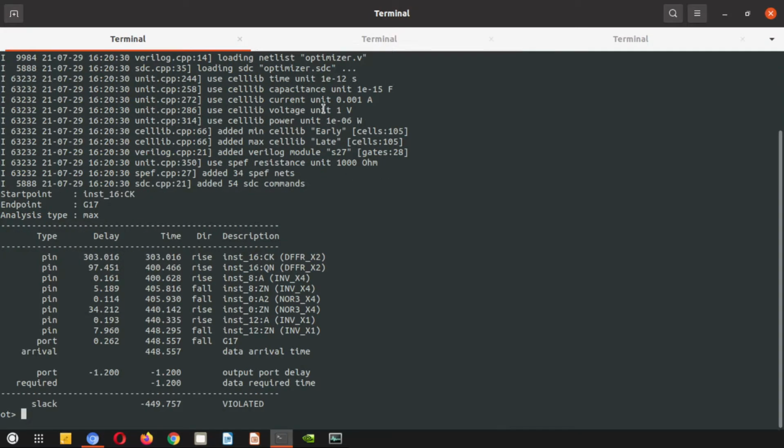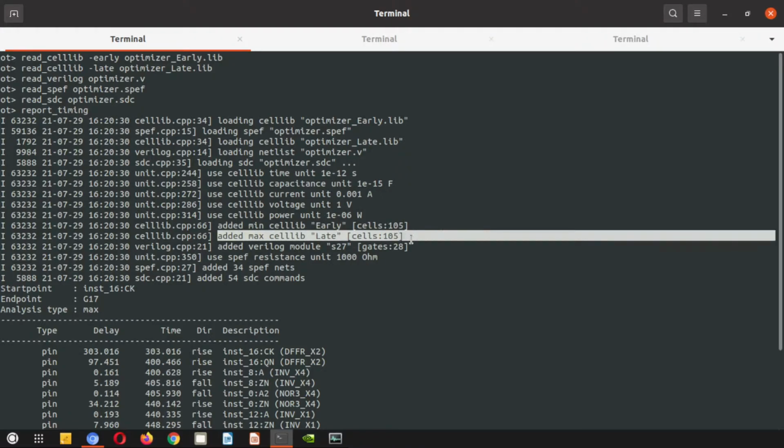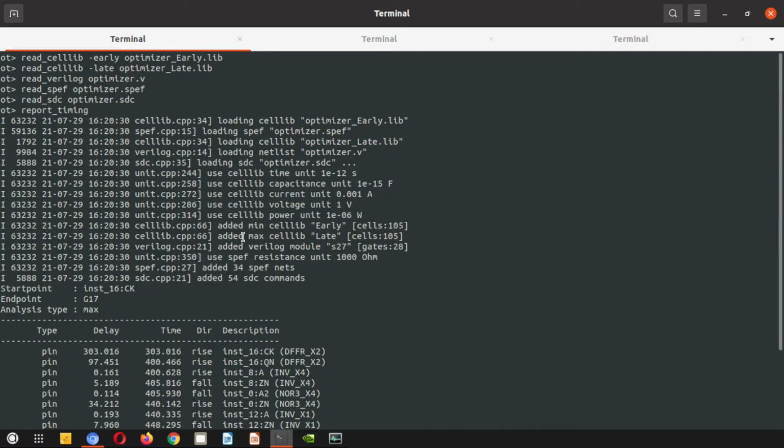So here for the first terminal, we have made the terminal ready to continue our experiment. You can see here it is written added min cell lib as early and added max cell lib as late. So it has picked up two different libraries, min for the hold part and max for the setup part,